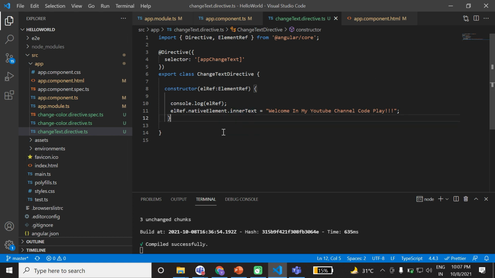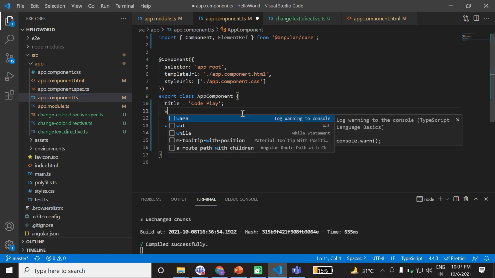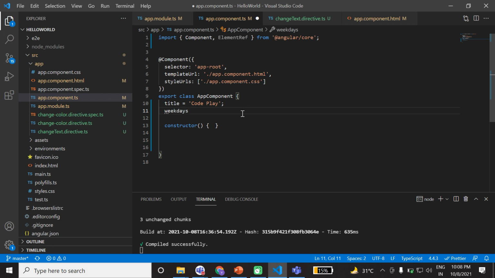Now the next part is how to use structural directives. Now go inside the component file and define a variable weekdays.